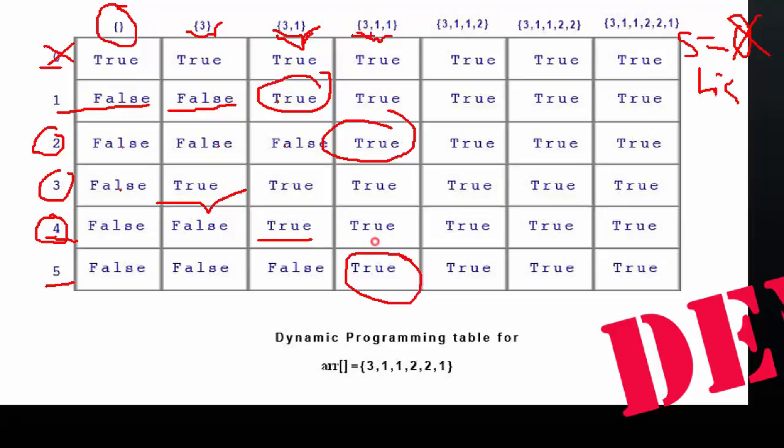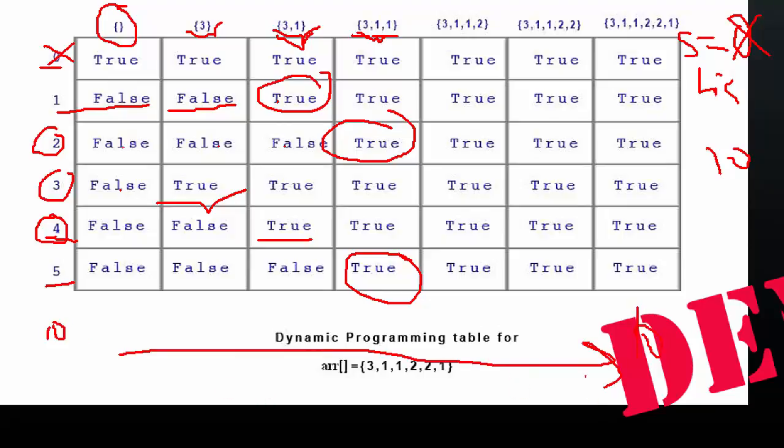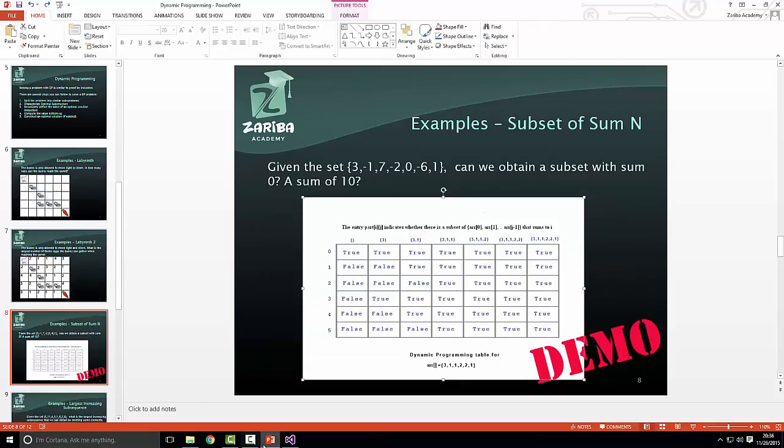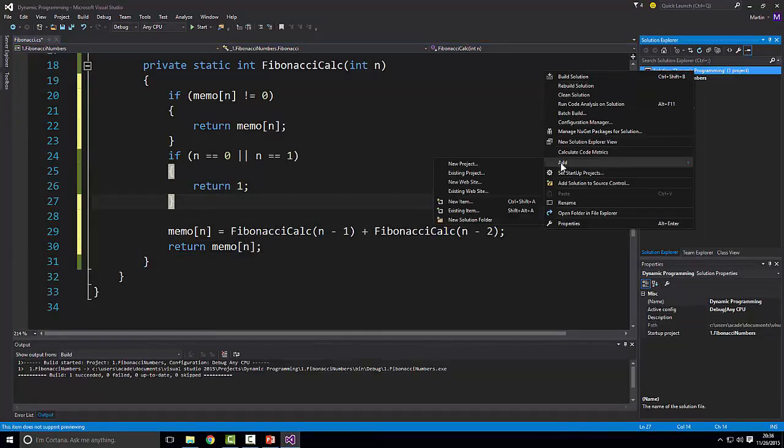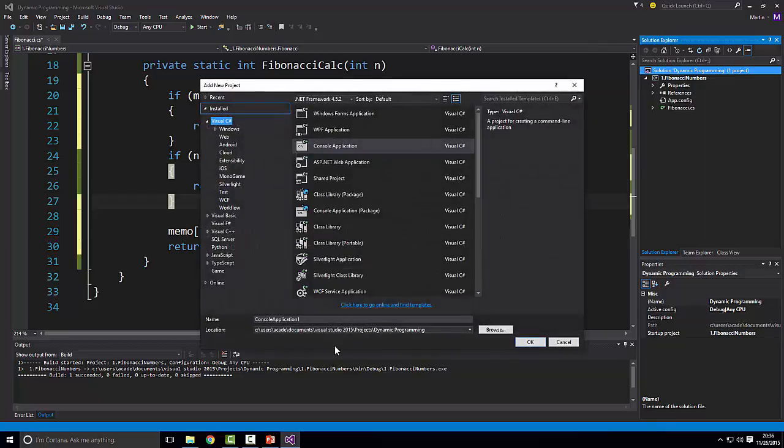It's up to here. We'll have the 3, 1, and 1. But for something like 10, unless we go to the very end, it will be false all the way unless we get all of the numbers in here. All right, so let's write this down, and then you would have to expand on something